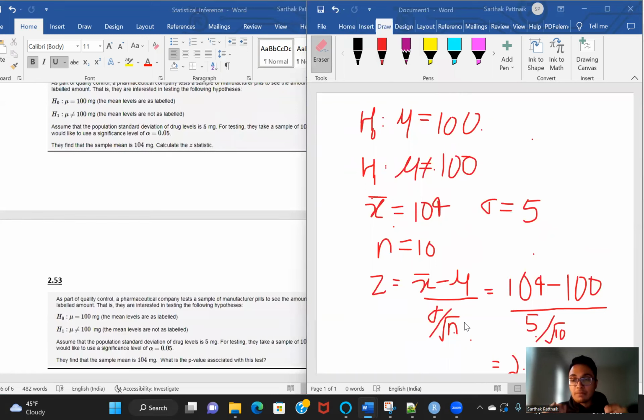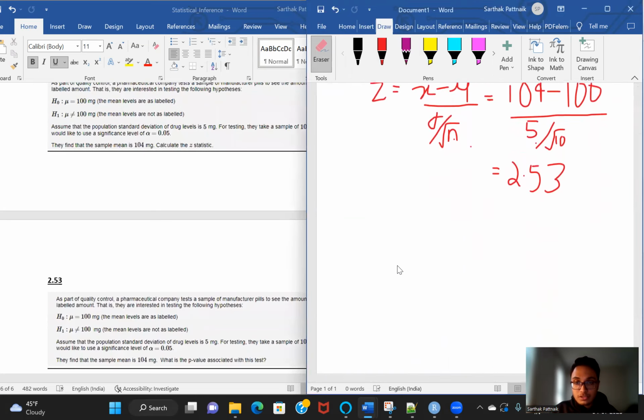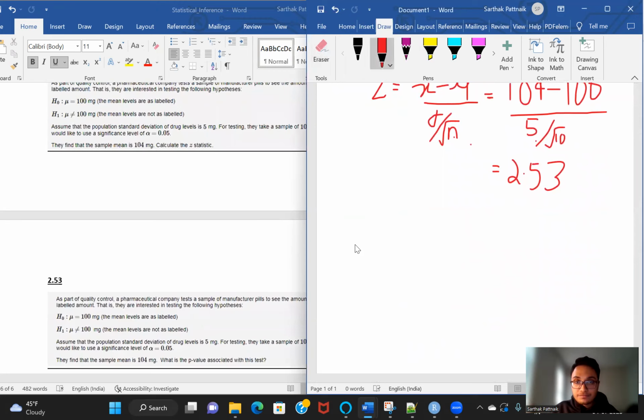So it is a double-sided Z test. For a double-sided Z test, my p-value, as we saw, is twice into P of,